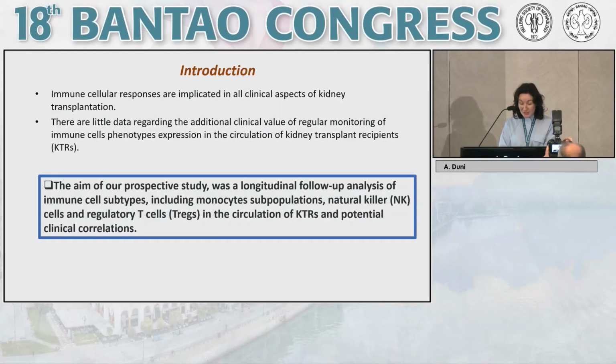Immune cellular responses are implicated in all clinical aspects of kidney transplantation, but there are little data regarding the additional value of regular monitoring of immune cell phenotypes expression in the circulation of kidney transplant recipients. The aim of our prospective study was a longitudinal follow-up analysis of immune cell subtypes, including monocyte subpopulations, natural killer cells, and acquired immune cells, including regulatory T cells or Tregs, in the circulation of kidney transplant recipients and potential